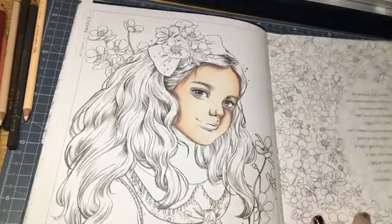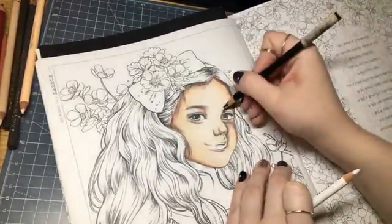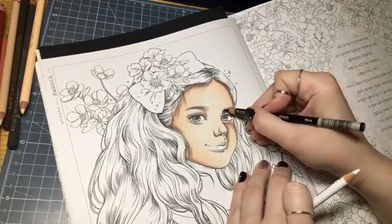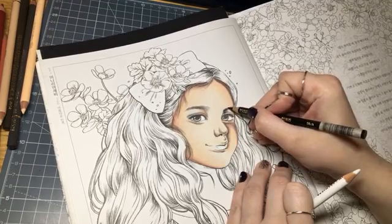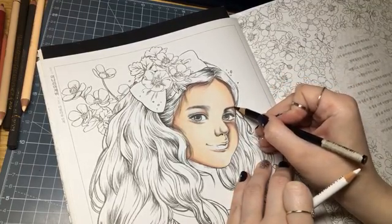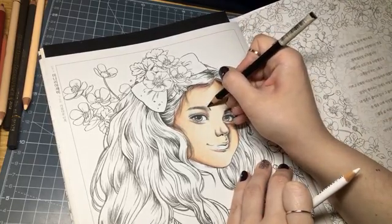Okay, so with my black pencil, I'm just turning it a little bit. I'm just going to add in, with the black pencil, little strokes to make her have a bit more realistic